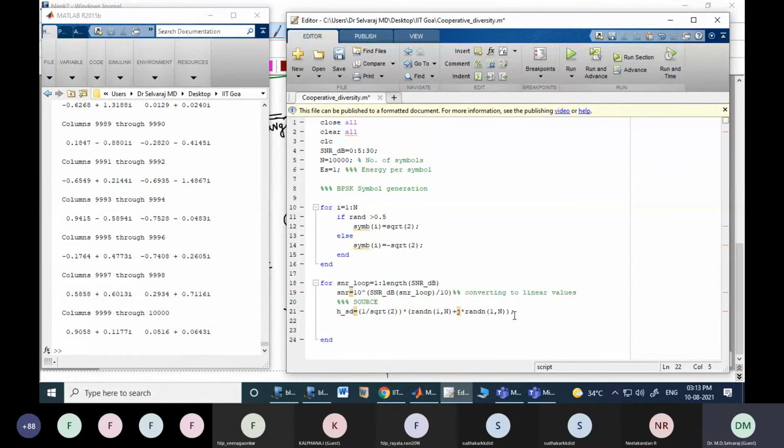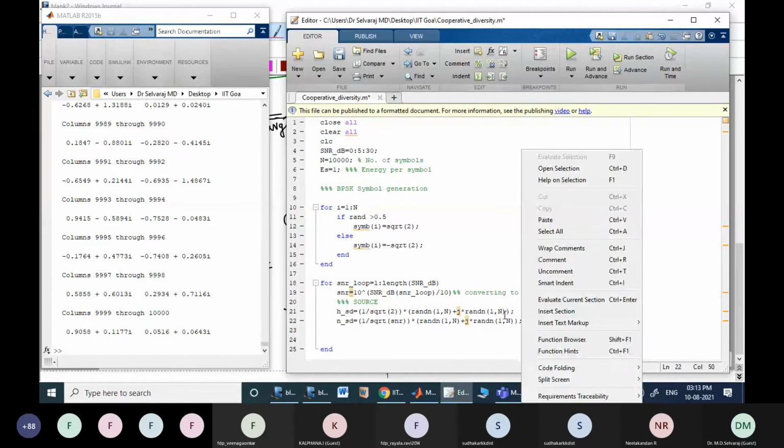Okay, now another term is the noise side. I have to develop NST, which is the same thing, but only the average noise variance is going to vary. Therefore, I'll just copy paste this, but this is going to change. What is going to change is the average SNR in linear form, which is 1 divided by square root of 2. So now we got this n side also. Let us check.